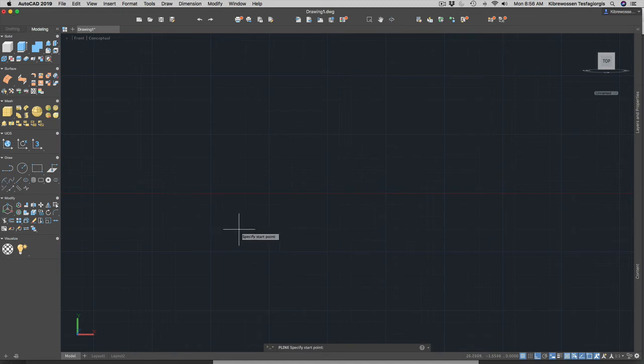Polyline. I think it starts from the top to 1.5. Yeah, that makes sense. And then go down 1, go in this direction 1.13, and then go up 1,